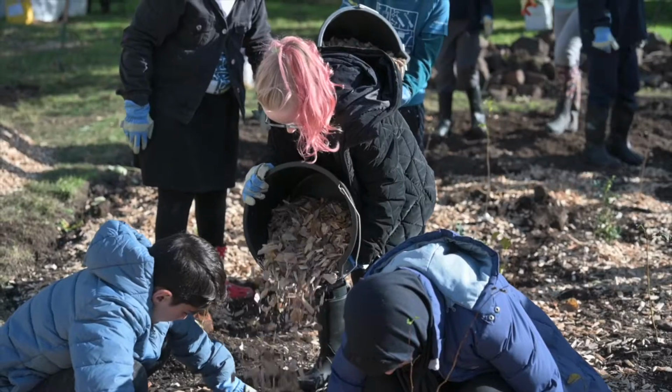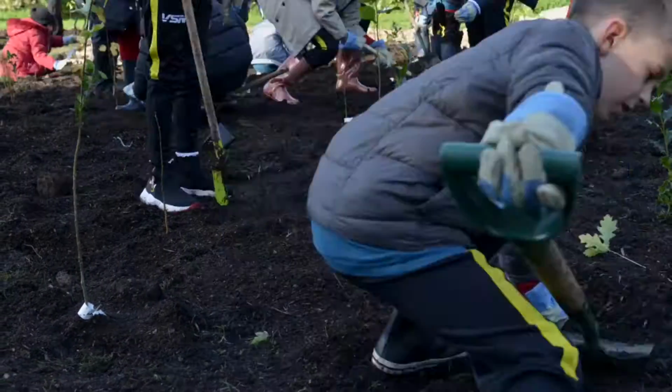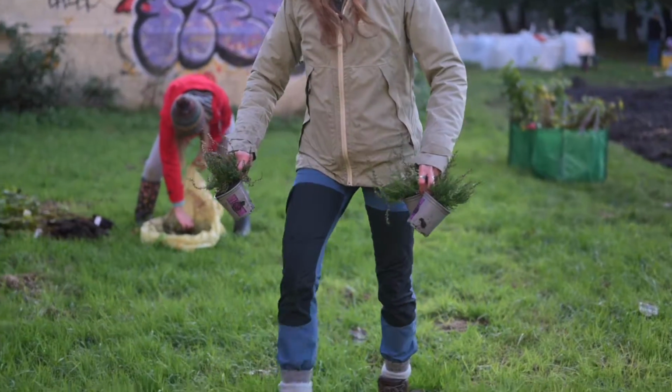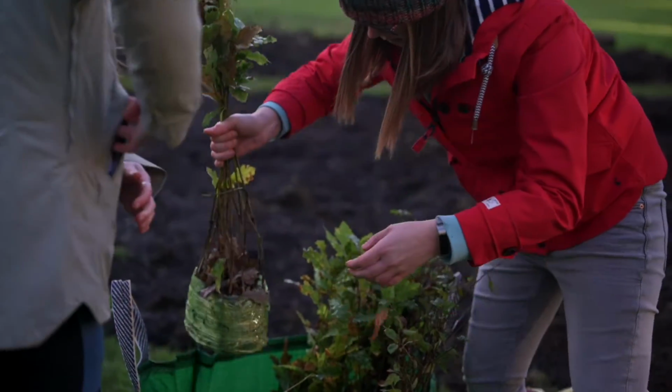This is for 2 main reasons. So one is to protect the soil from extreme weather, both heat and frost. And also to suppress weeds, just so for the first 2-3 years while the forest establishes, it's got the best chance of survival. At our tiny forest today, we're planting all native species to the UK, and we have 15